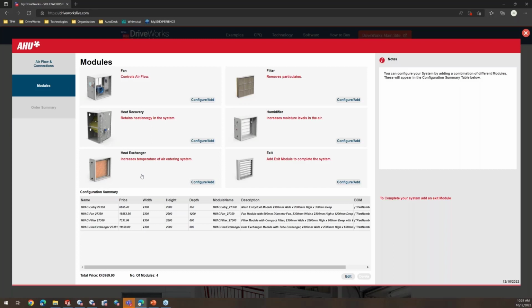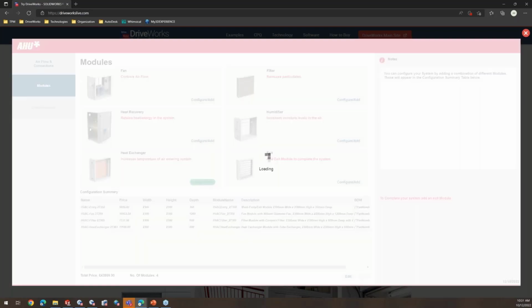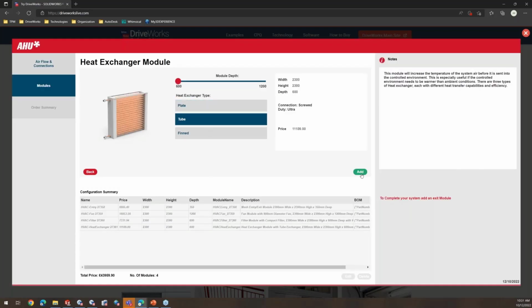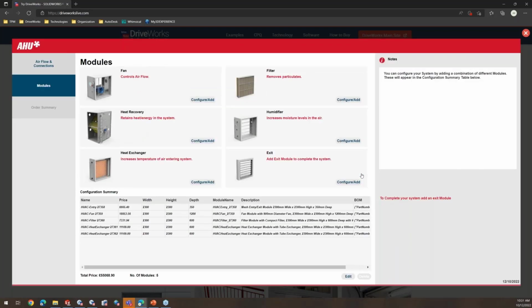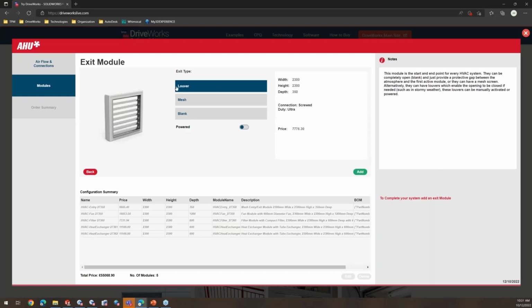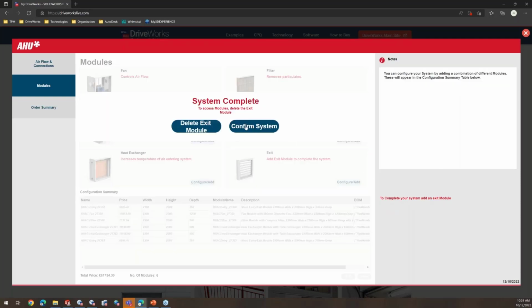So if I want to add a second heat exchanger right in line with it, hey, it's up to me. I can do that. I'm following the rules that they have put in place for a configurator. Okay, and then finally, to end the process, I have to put an exit module added. Am I sure I'm done with my system? Yep, confirm. And here it is, a nice little roll-up of all these items that I've added, what their respective prices are,